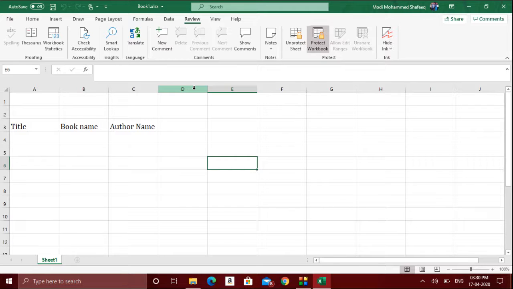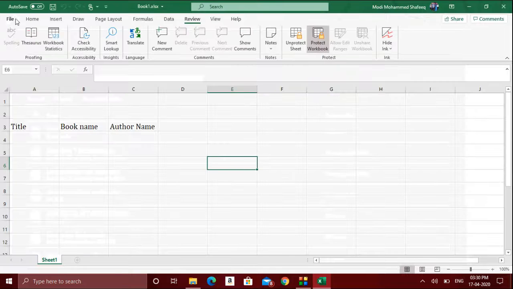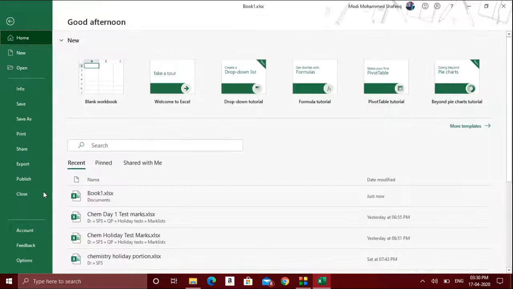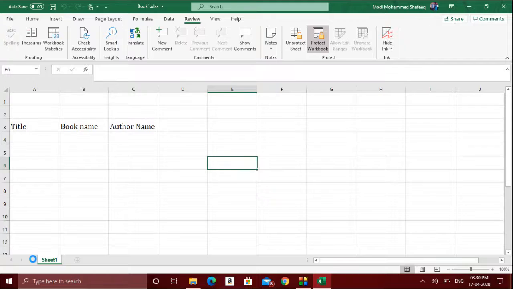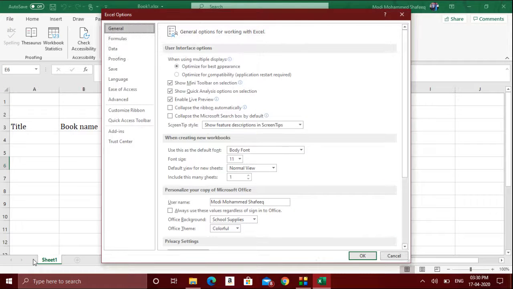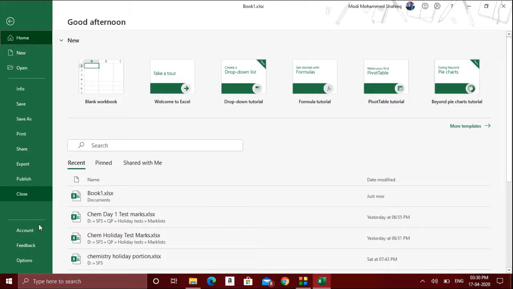There is another password which I mentioned, so that no one else is able to open the file without your permission. For that, you should go to File. There is an option called options. Here, wait, just a minute.